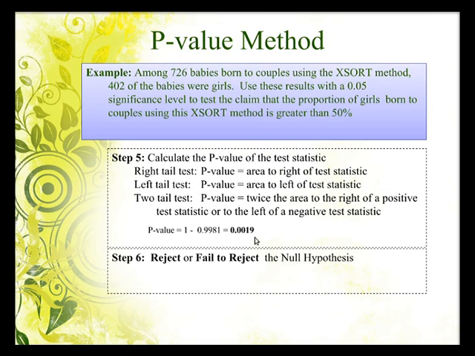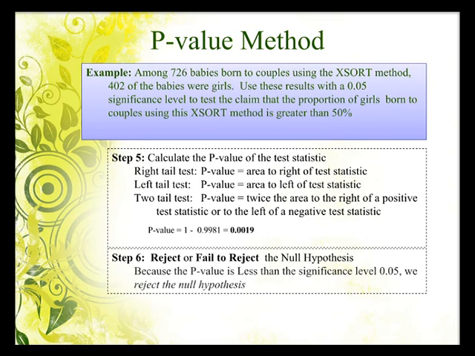Step 6, we decide whether we reject or fail to reject the null hypothesis. To do this, we compare our p-value to our significance level, which was 0.05, and since our p-value is smaller than the significance level, we reject the null hypothesis. If our p-value was larger than the significance level, say it was 0.06, then we would fail to reject the